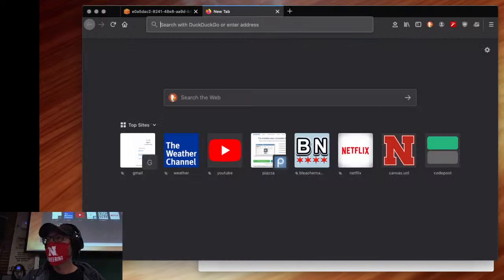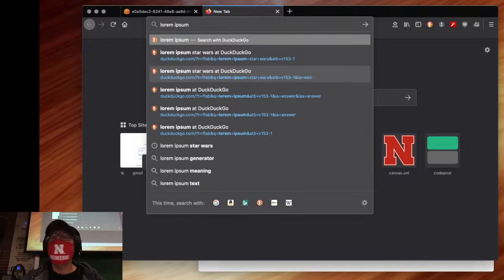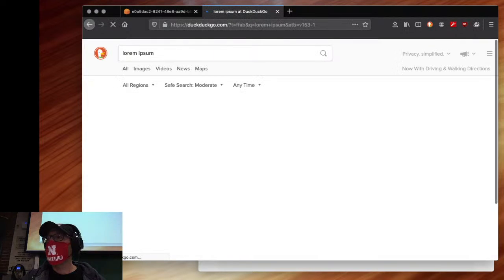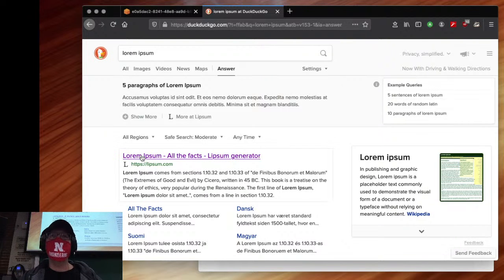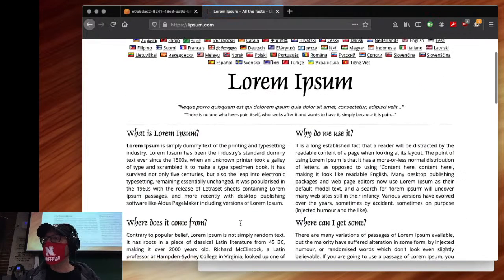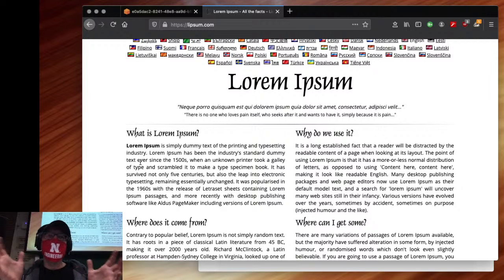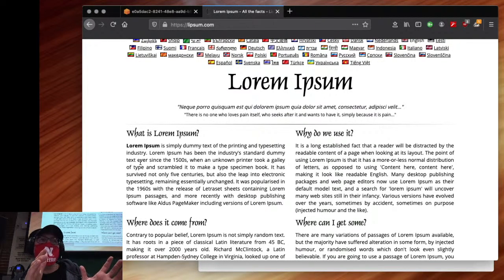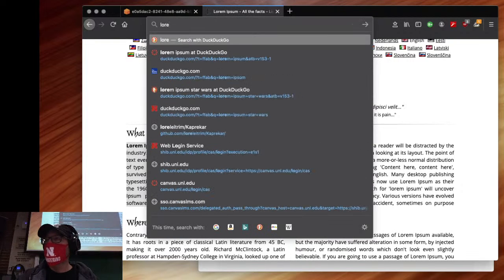Here's a trick. Lorem ipsum. If you're not familiar with that term, it is just a bunch of random Latin phrases and words. It's simple dummy text of the printing and typesetting industry. If somebody is doing some graphical layouts, they'll grab a bunch of lorem ipsum text because their job is not the content. Their job is the layout and the presentation. So you can grab a bunch of lorem ipsum text, or you can have some fun with it. Say lorem ipsum